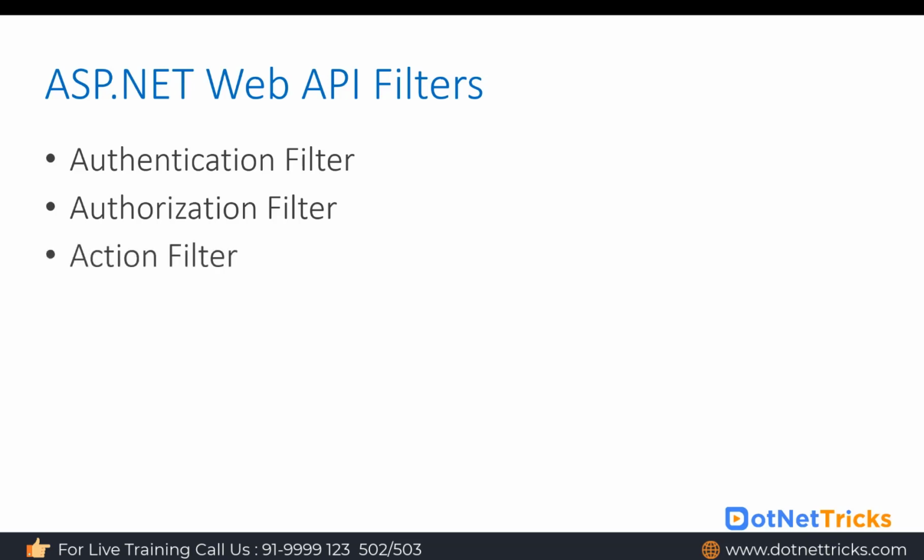Then we have the action filter. The action filter you can use for tracking the user activity details, like converting the return result from the action. Then we have the exception filter. Sometimes there is an exception in the ASP.NET Web API pipeline, so this exception filter is going to be called. The exception can be at any level. It can be within the action code, or within the pipeline. This exception filter will help you to track that exception and to send a custom message to the client.